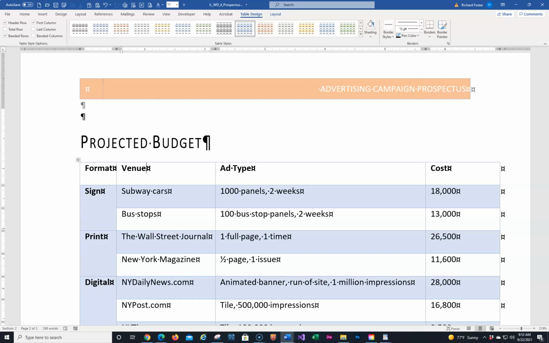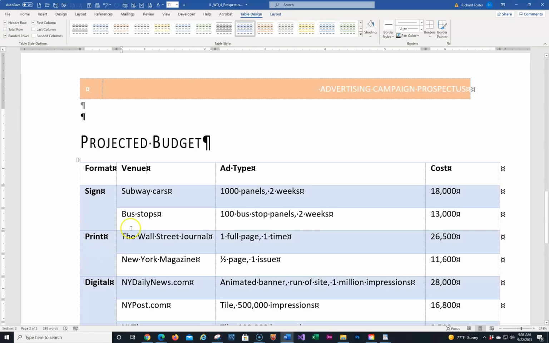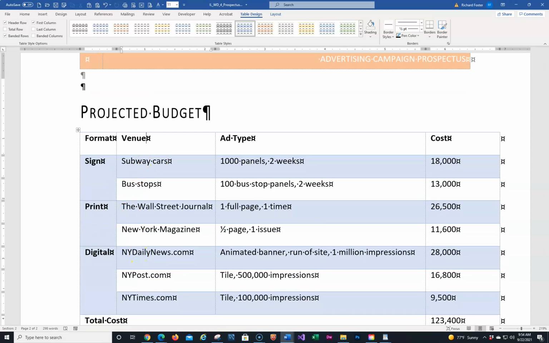Now what banded means is every other column or row, make it a different color. So we do have the banded rows checked in here. But notice what happens if I get rid of it. Then all the different colors in every other row. This is considered one row here. And because this is merged, it's going to show it all in blue here, but you can see every other row here is a different color,